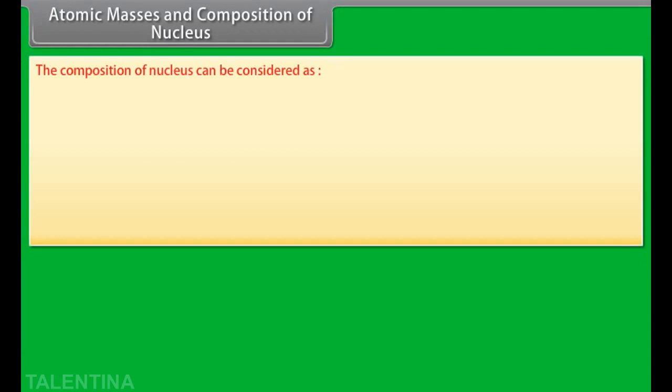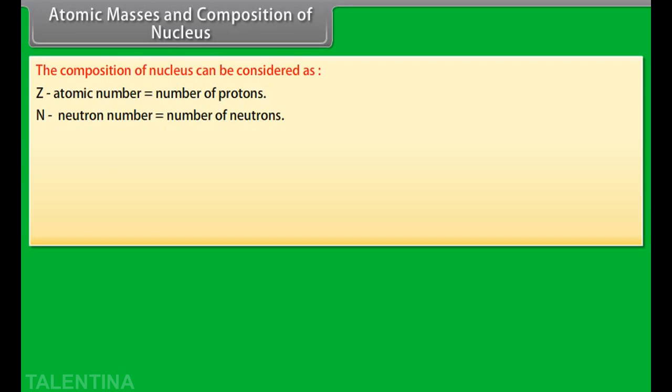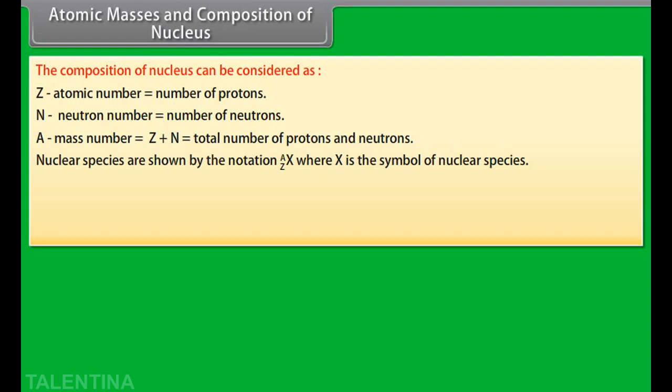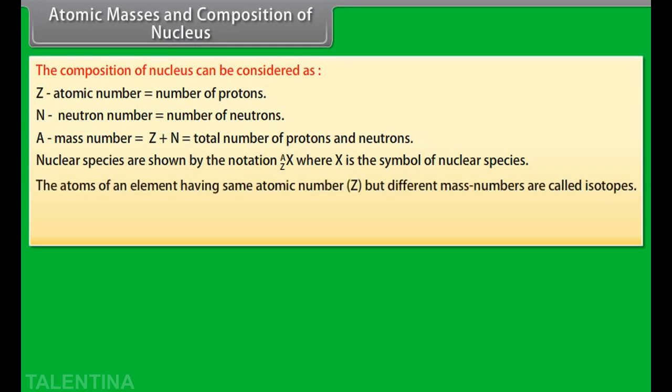The composition of nucleus can be considered as: let Z be atomic number, which is equal to number of protons. Let N be neutron number, which is equal to number of neutrons. Let A be mass number, which is equal to Z plus N, which is equal to total number of protons and neutrons. Nuclear species are shown by the notation, where X is the symbol of nuclear species. The atoms of an element having same atomic number, that is Z, but different mass numbers are called isotopes. For example, isotopes of hydrogen are: